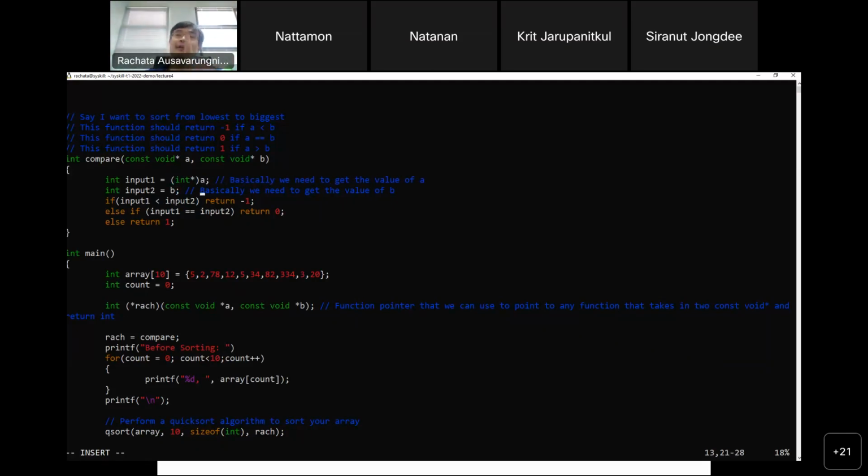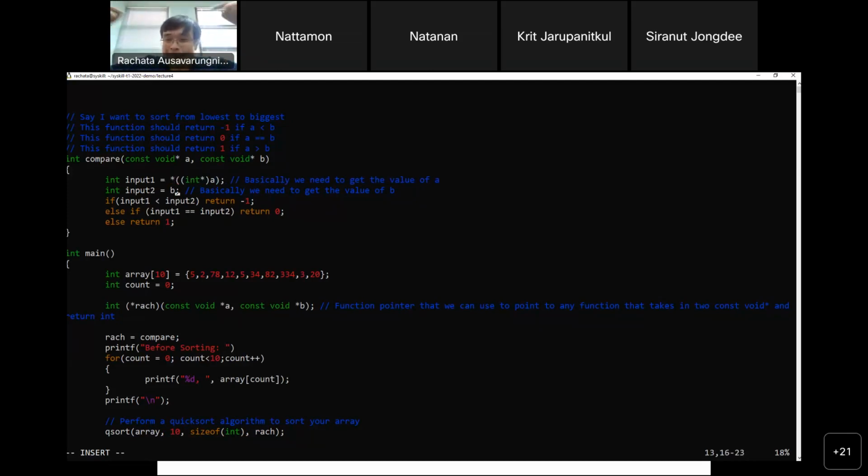When you do this, A becomes int pointer. So A changed from void pointer to int pointer. So what do we do next? It's a pointer. How do I get the value? Close actually. A is a pointer.